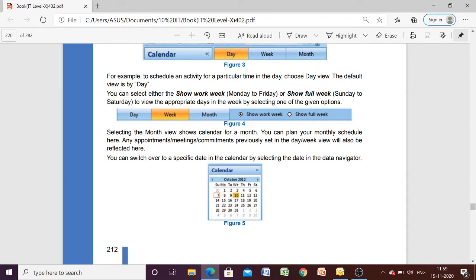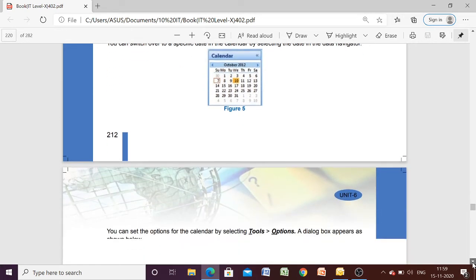The default view is day view. If we have to schedule an activity for a particular day in a week, then we have to choose week view. And if we want to schedule an activity for a particular time in a month, then we have to choose month view. So the default view is day view.